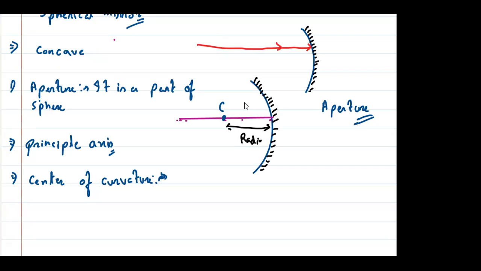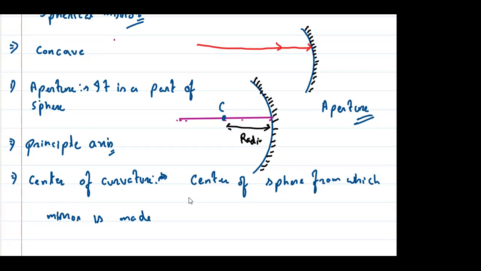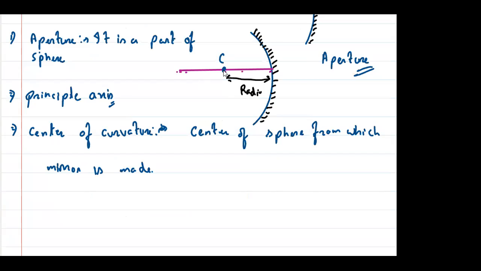The point's center is called the center of curvature. Yes or no? Tell me. Right? So it is the center of the sphere from which the mirror is made. Okay, clear? Now, if it is centered, the distance between the center and this circle is called as,